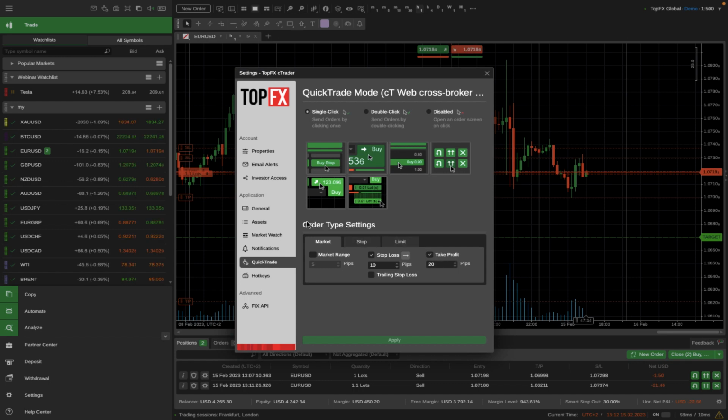And then if you have predefined order type settings, you can find yourself in a way better situation when you are trading, much more comfortable, less risky, in case you have the stop loss and take profit numbers inputted to the right places. Of course, you can limit the market range, for example, to 5 pips. So it means that the market order will not be triggered unless